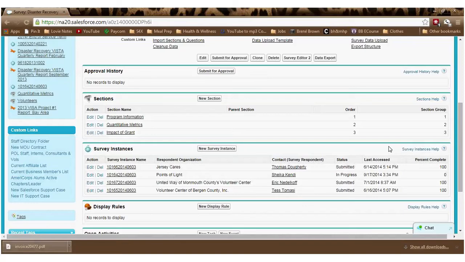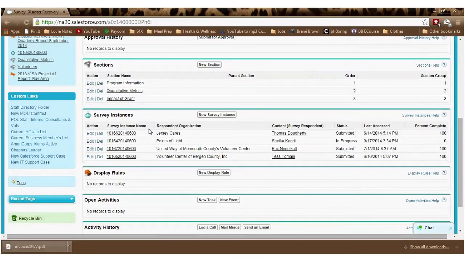If you scroll down, you can see the contents of the survey, which are the sections, which it looks like there are only 3 sections, and the survey instances. And a survey instance is really the person who is responding to the survey, the organization and the contact person that you have assigned to